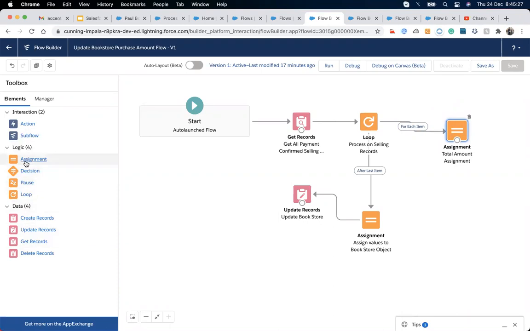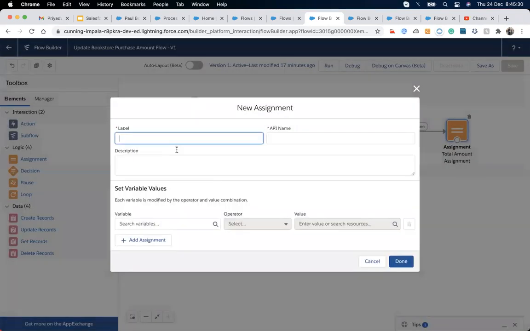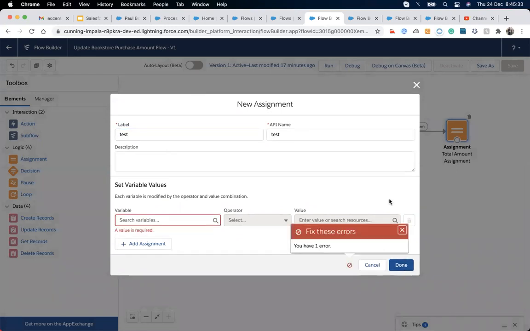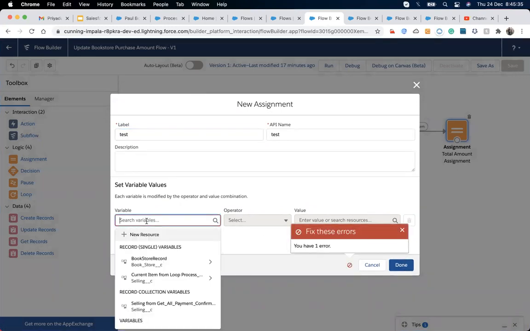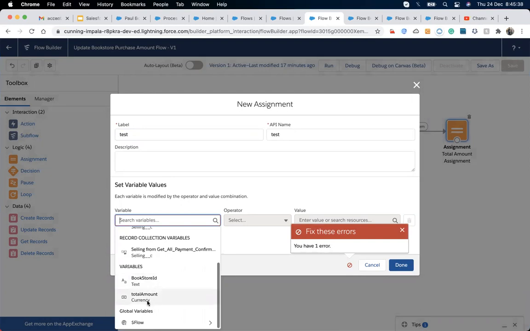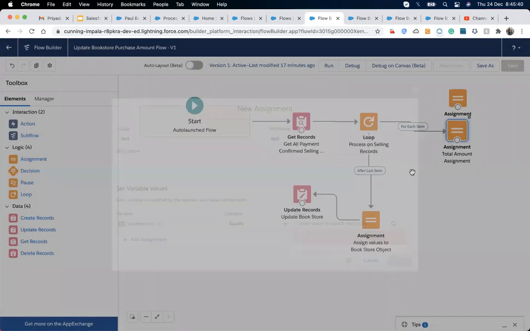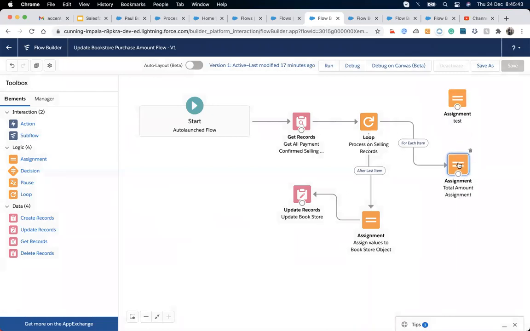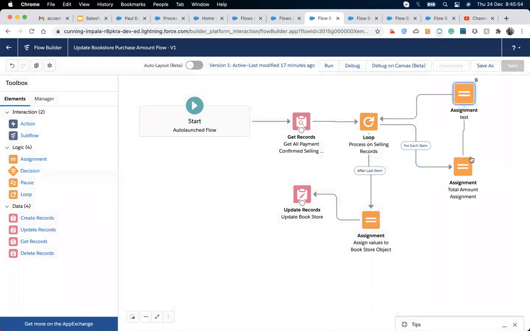I just created an assignment for the demonstration. So it will come up from here, and then it will come up from here to here. So it will also create a loop. What it will do is come up here, and then this to this, and then loop. So we can add as many elements in this loop, and once this loop finishes, it will go to here.